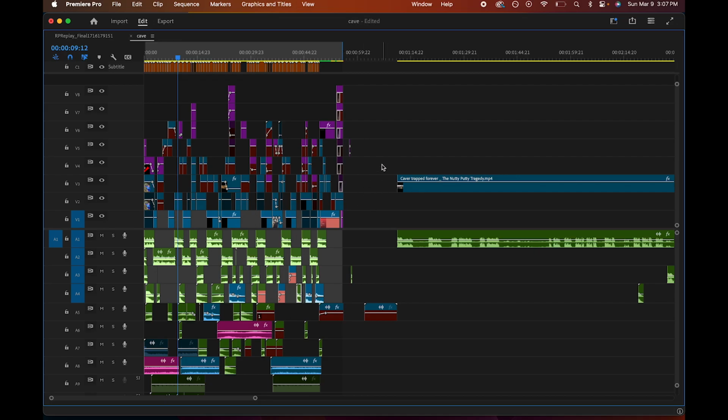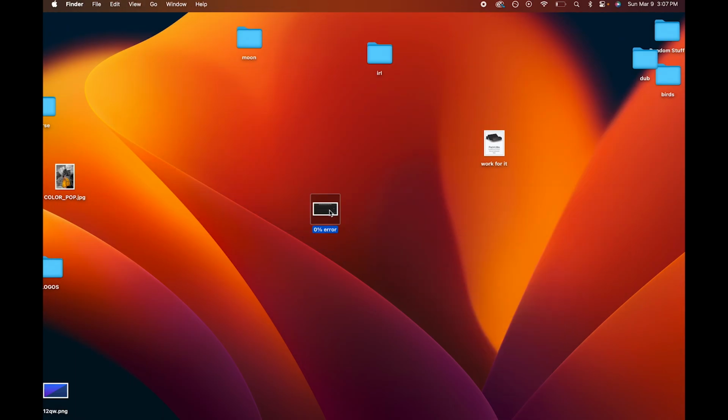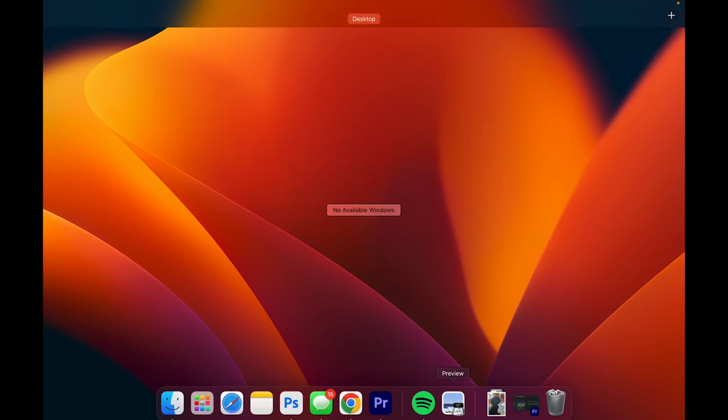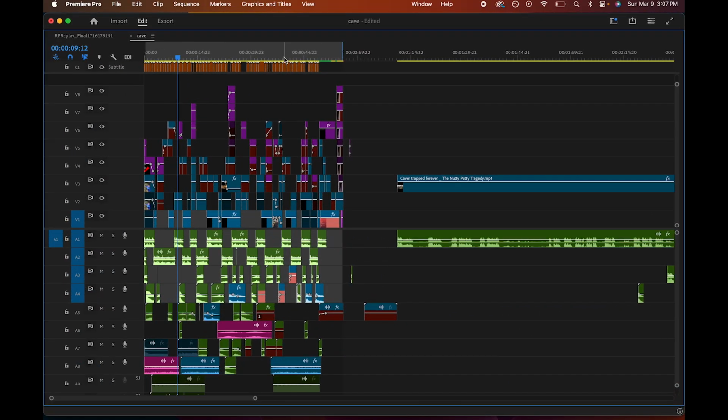So as you can see right now I'm in Premiere, and it's actually been giving me this issue whenever I try to export: rendering required audio files. So what you want to do to basically fix this is, you can see I'm in Premiere once again, and